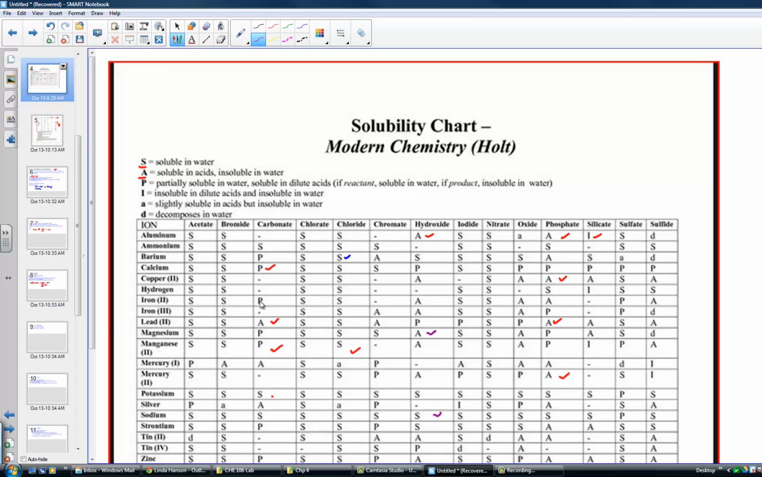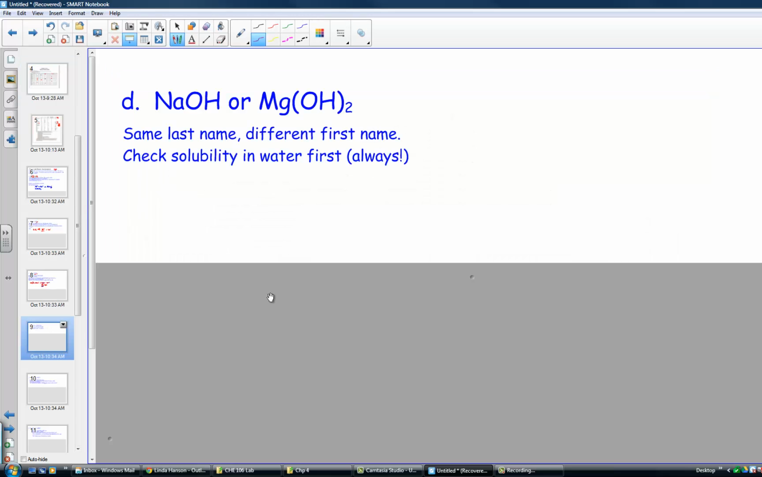So this test is just as easy as dissolving in water, and you'll be able to decide if it will